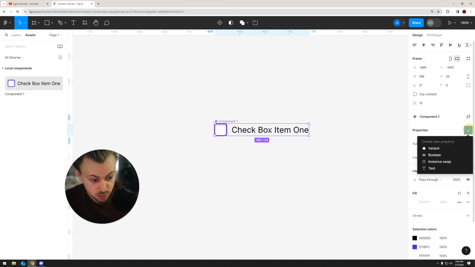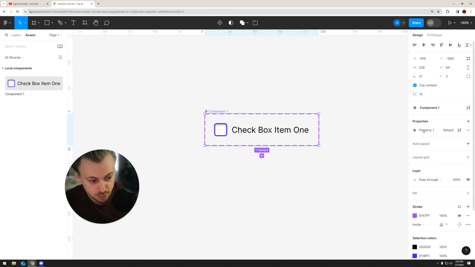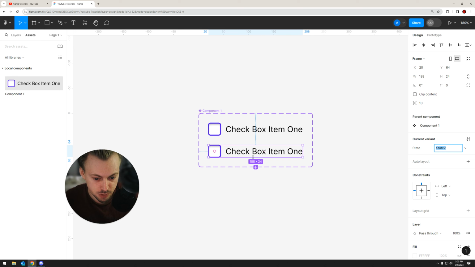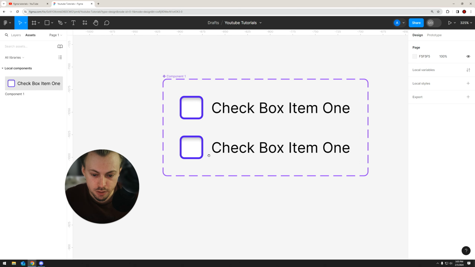Then we're going to go to properties, create a variant, and then let's double click on property, call it state. Now we're going to select our component, add a different variant. We're going to call this one active. Okay, now